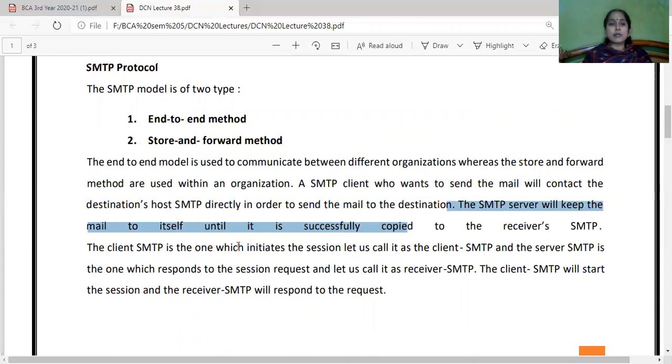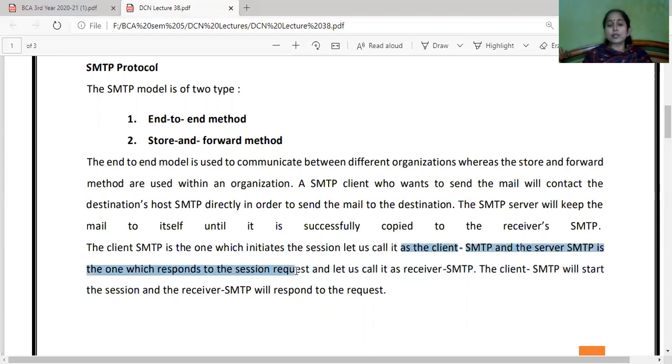The SMTP server will keep the mail to itself until it's successfully copied to the receiver's SMTP. The client SMTP is the one which initiates the session. Let us call this client SMTP, and server SMTP is the one which responds to the session request, which we call the receiver's SMTP. The client SMTP will start the session and the receiver SMTP will respond to the request that is initiated by the client.